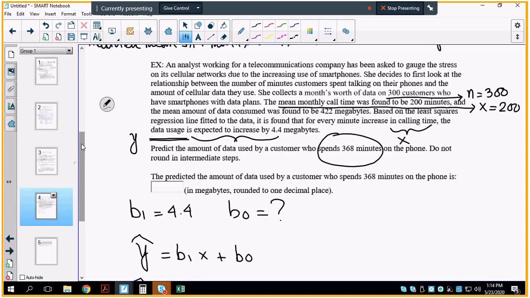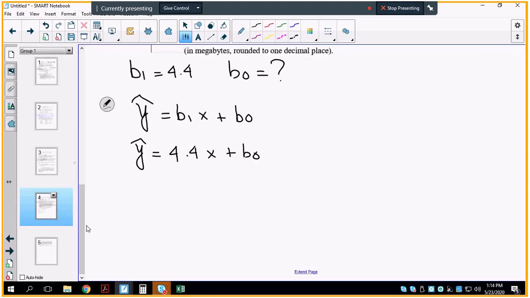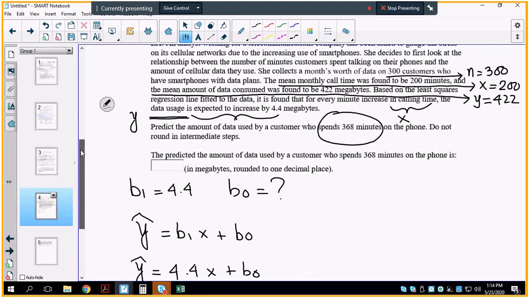And the mean amount of data consumed was 422 megabytes. So this is your Y, 422. These two numbers will satisfy the regression equation. So what I do, I go back to my regression equation, set Y equal to the value that I found for Y, 422,